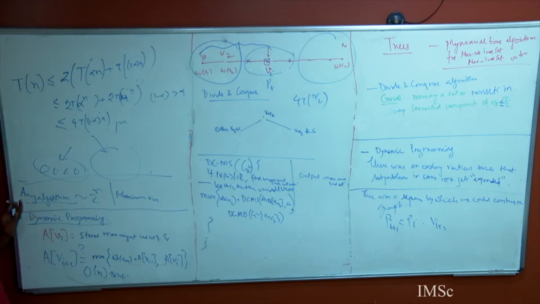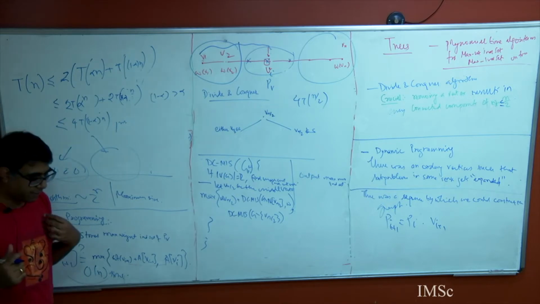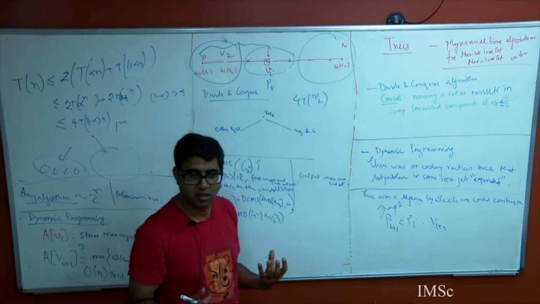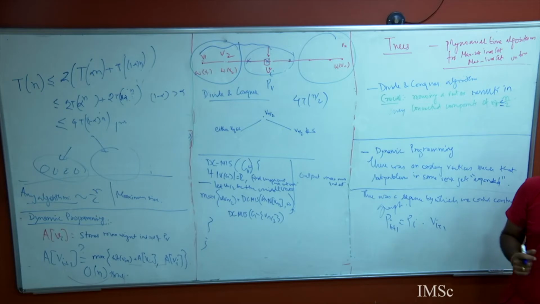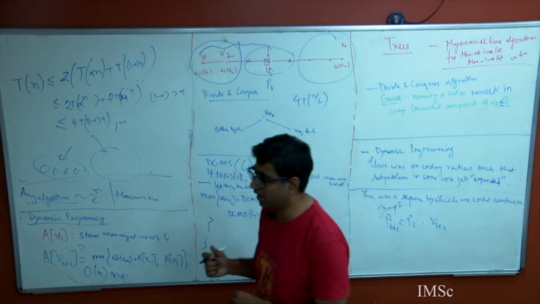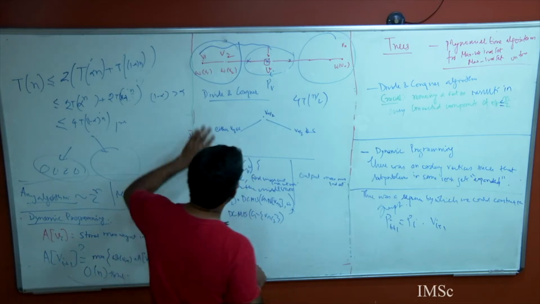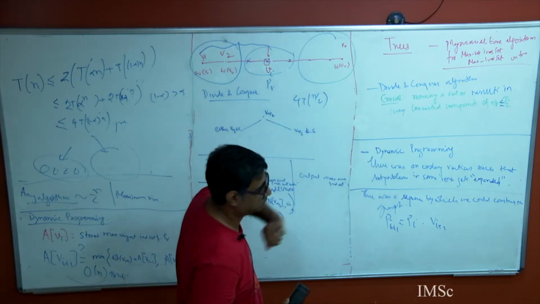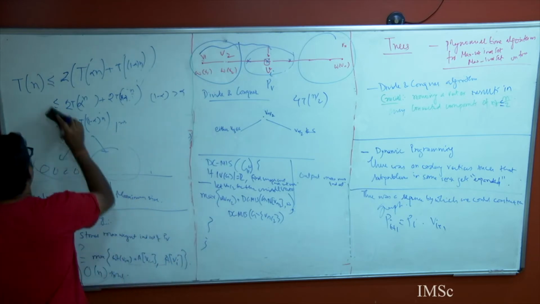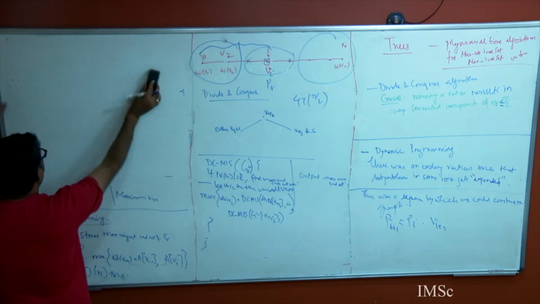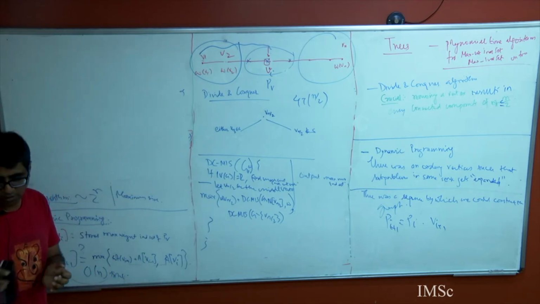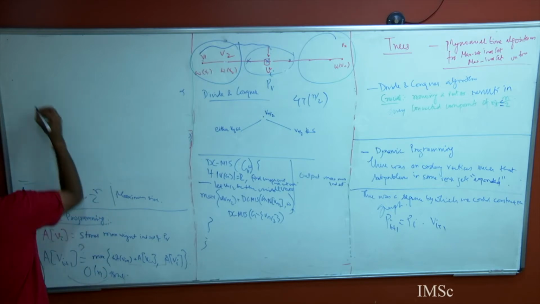So first of all, I do not have to be really balanced, but if I am eating a fraction of vertices each time, I will not go too far. I will very soon converge to a polynomial time algorithm. So having these thoughts in our head, now let's go back and try to replicate our success on paths to success with trees. So by doing this, we learn two things. First of all, question number one.